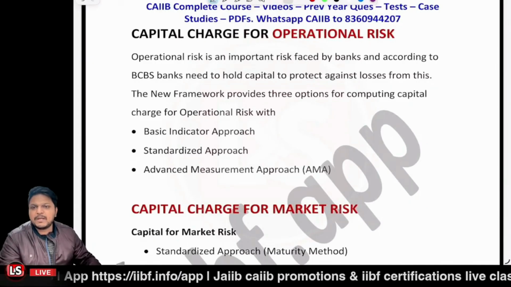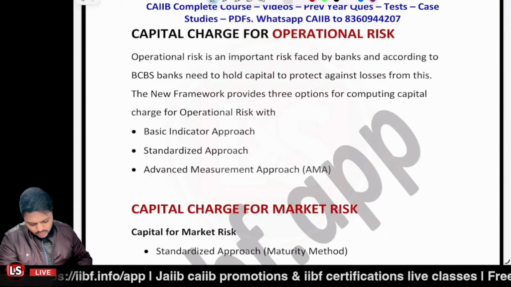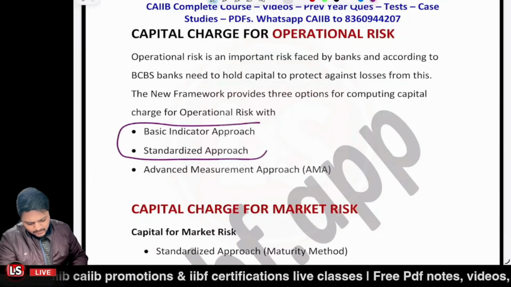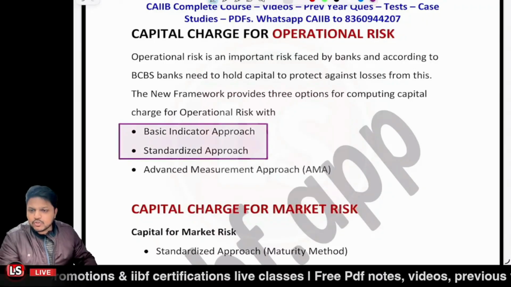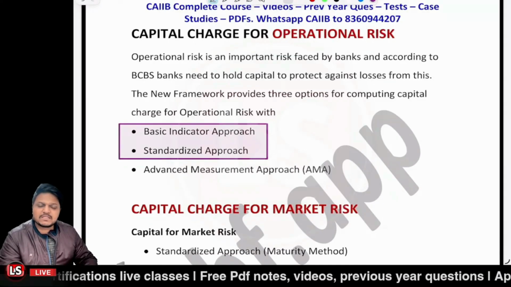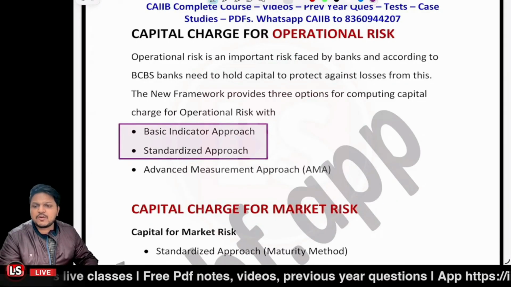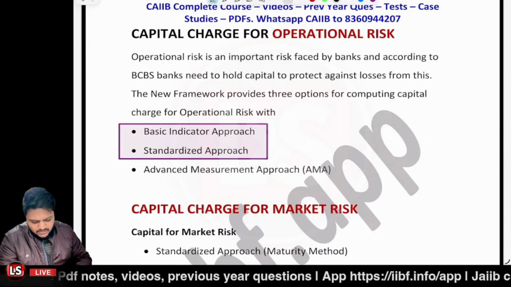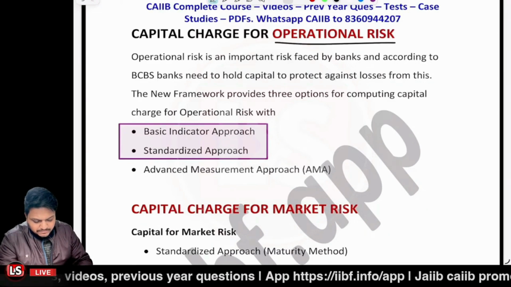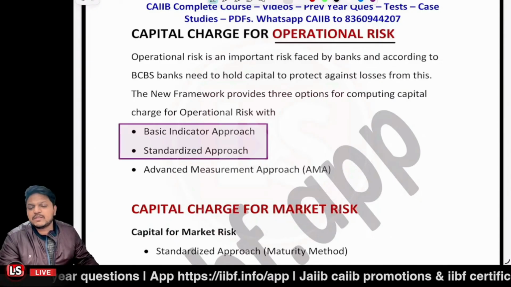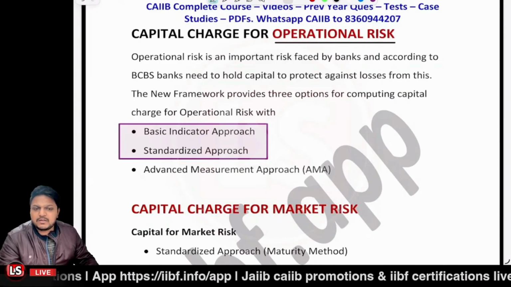Capital charge for the operational risk. Two methods out of three are very important from the numerical point of view. One is the basic indicator approach and the other is the standardized approach. Previously we calculated the capital charge for the credit risk, and now we are talking about the capital charge for the operational risk. When we solve the case study about it, it will be much more